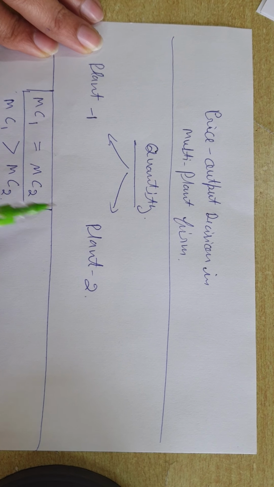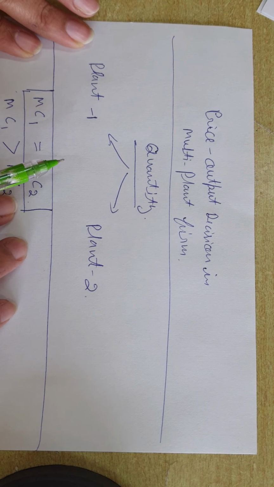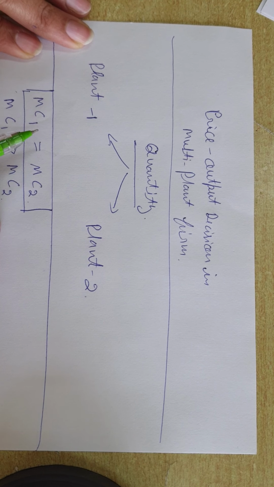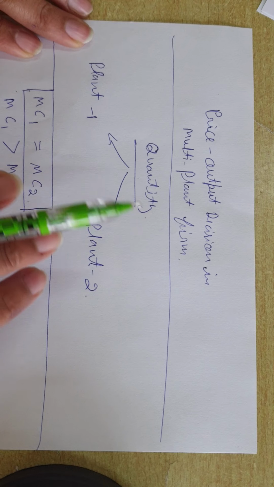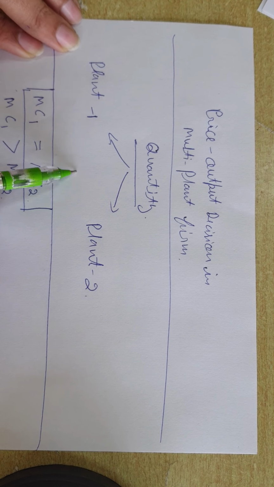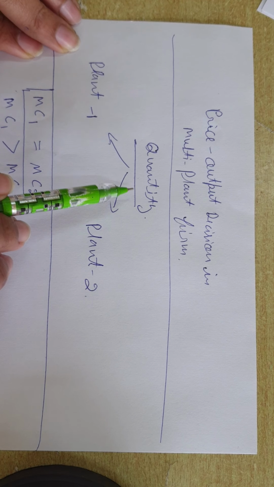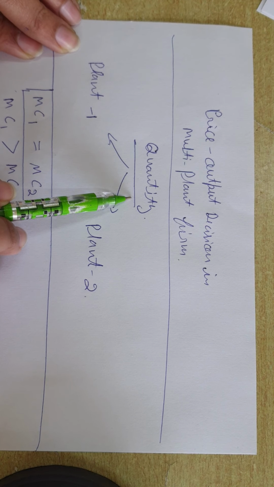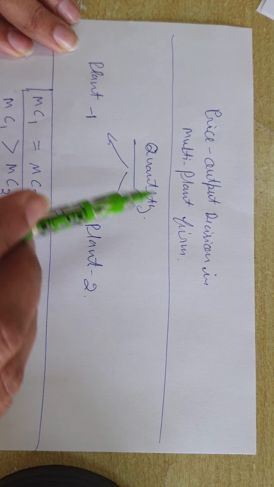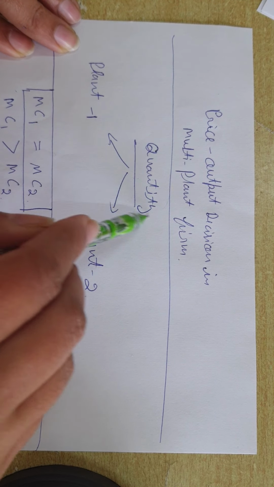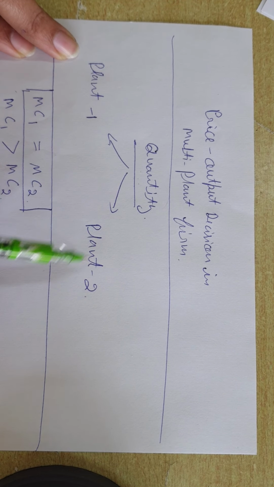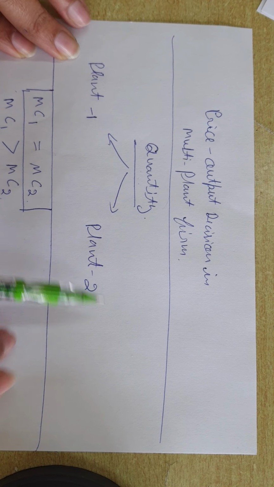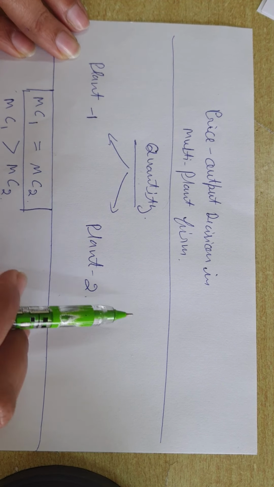or you can say the average revenue curve, and plants are shown by cost curves because every plant has its own production capacity and it shows a different level of output can be produced on this much cost. So here the important decisions are fixing the quantity, how much total quantity of that commodity will be produced, and if it is fixed that we will be producing this much quantity, how much we will produce in plant 1 and how much we will produce in plant 2. Here I have taken the example of 2 plants only, but there may be more than 2 plants too.